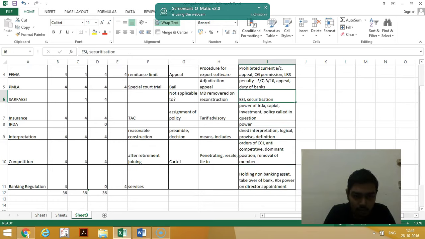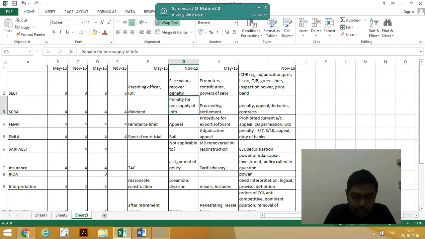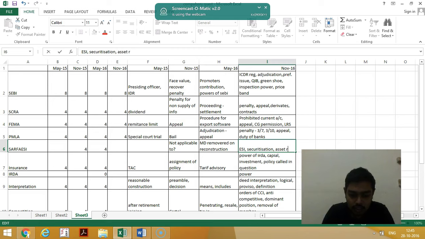Then we'll go to Sarfaesi. So PMLA we have just seen. Then Sarfaesi, we can expect first what they have asked in November 15. November 15 they have asked Sarfaesi is not applicable to what is the exempted transaction, out of the view of the Sarfaesi. Then on May 16 they have asked if MD is getting removed because of reconstruction, whether he can get compensation. Now we can expect something like what is securitization concept, what is asset reconstruction,